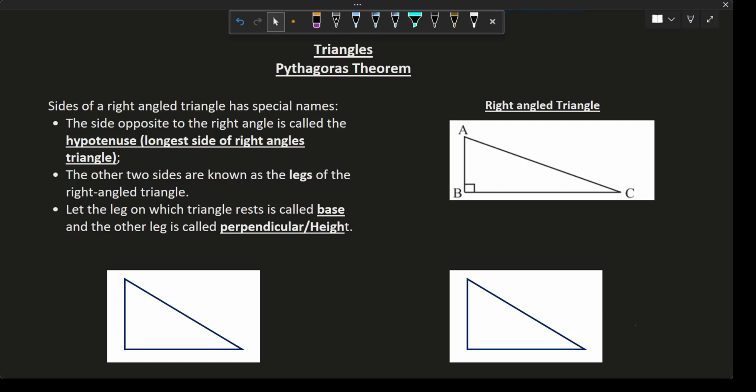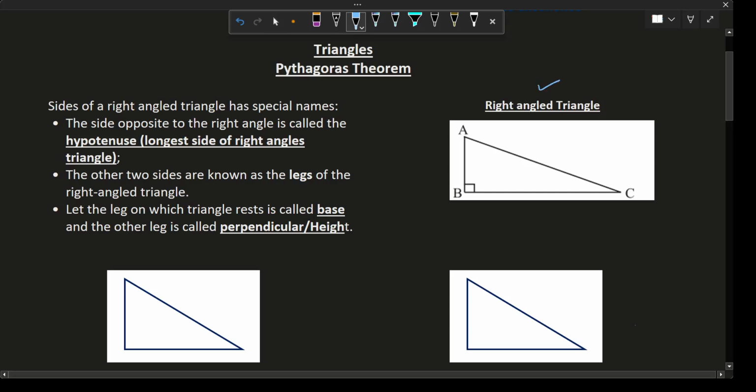Students, in this video, you will learn about triangles, and in the triangles, Pythagoras theorem. Pythagoras theorem is related to a right angle triangle. You will all know that in a right angle triangle, one of the angles is always 90 degrees. If in a triangle there is a symbol like this, you say that it is 90 degrees.